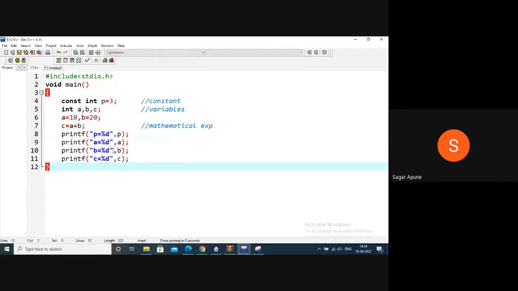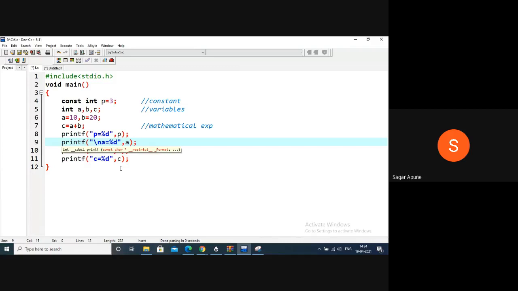So the meaning of this is, it will print P is equal to, and %d will print the value of the P variable. You have to use the P variable name after the comma. Okay, so to print output on a new line, use slash n.